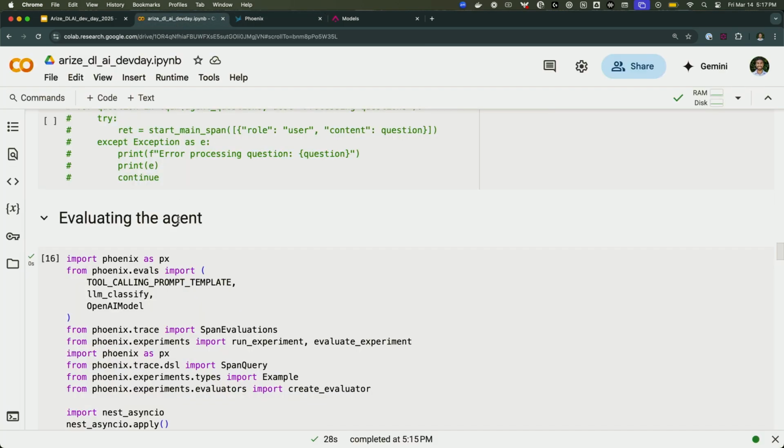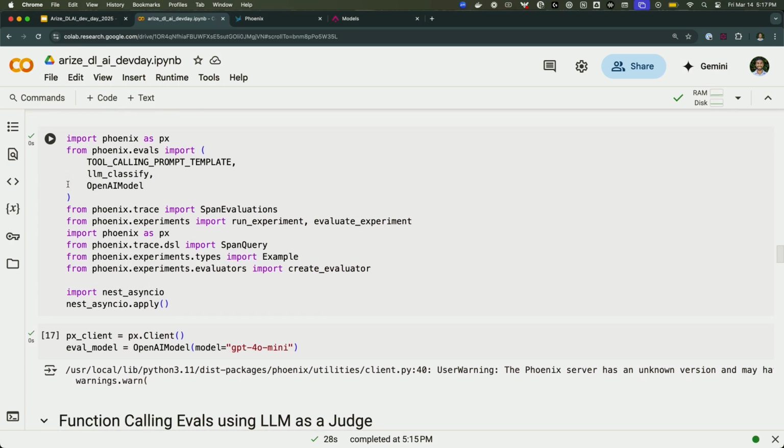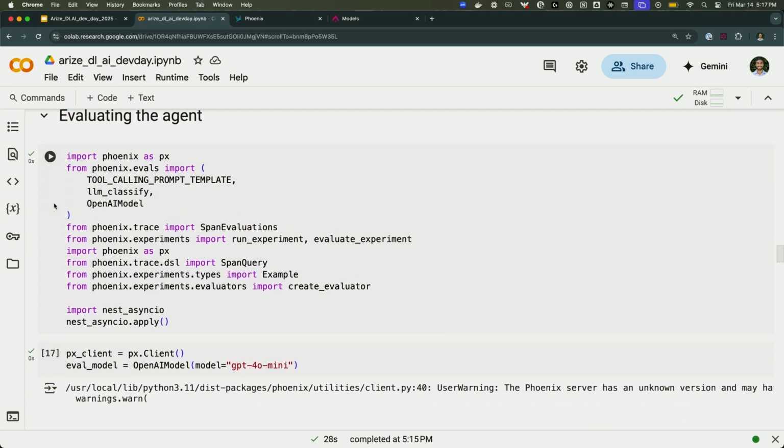Cool. So I would call that the equivalent of spot checking your data, just making sure everything makes sense and looks the way you expect it to based on your application logic. But we want to take this one step further, right? We're not vibe coding this agent. We're thrive coding it. So we're going to go ahead and evaluate it.